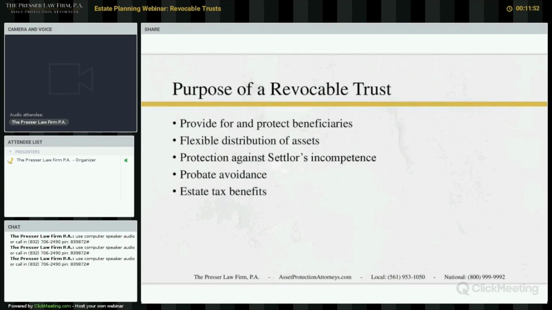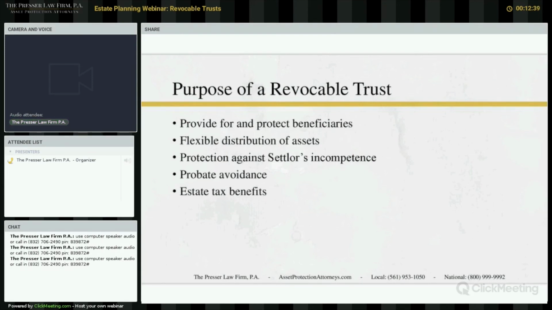From a grantor-settler perspective, the grantor-settler is the initial beneficiary while they are alive. In the event that a grantor-settler becomes incapacitated and is no longer able to manage their funds, whether it's a physical or a mental incapacity, they already have the money in trust. All that happens is a successor trustee, which the grantor has already named, takes over and manages the assets for the benefit of the grantor while the grantor is alive, whether it's paying the bills, putting them in a nursing home,